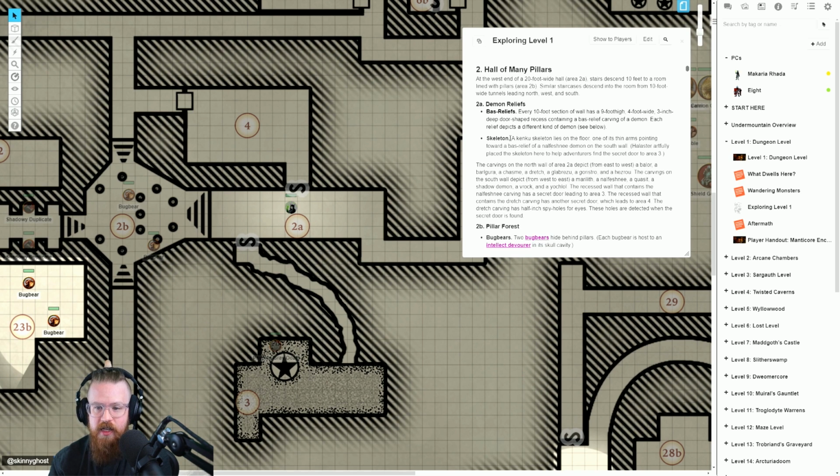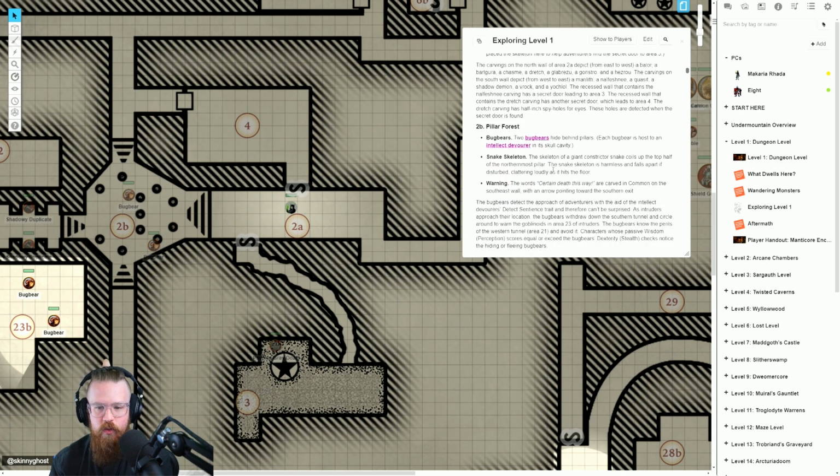And a Kenku skeleton lies on the floor, one of its thin arms pointing towards the Nalfeshnee demon on the south wall. Halaster artfully placed the skeleton here to help them find the secret door. Okay. All right. Sure. So if they find the secret door into Area 3,